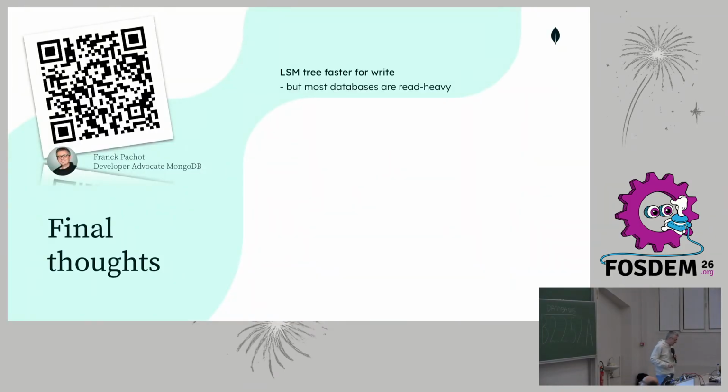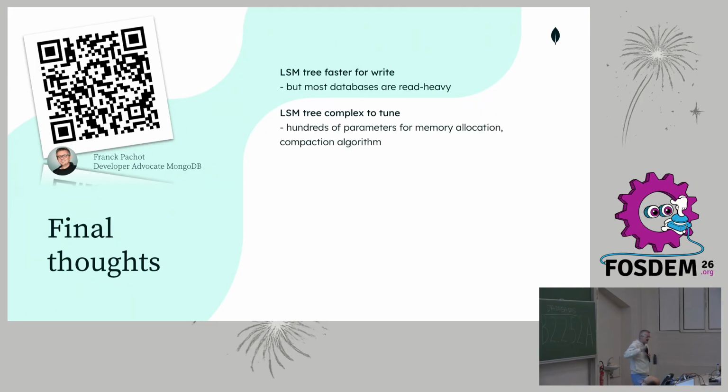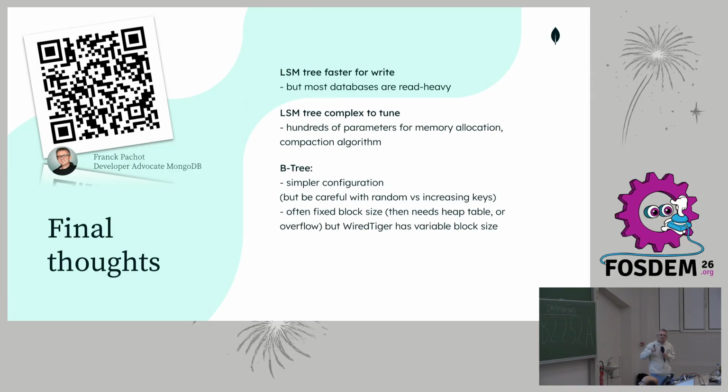And so finally, so this is my LinkedIn. If you have any question later, the main message is that, yeah, LSM-Trees are faster for writes, but your database is probably doing more reads than writes, even if you think that your application is writing a lot. LSM-Trees are very complex to tune. There are a lot of parameters to control how the compaction is aggressive or not. So they can be complex to tune, whereas B-tree may look simpler,